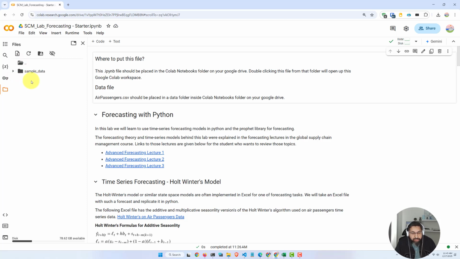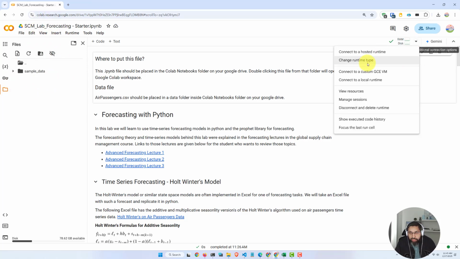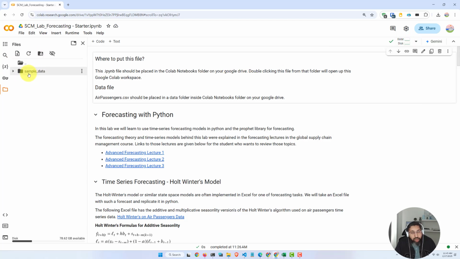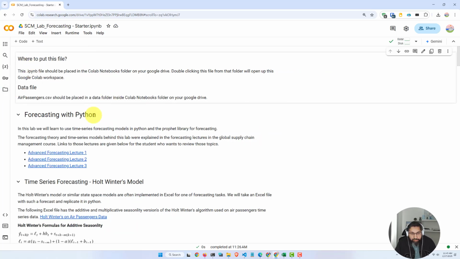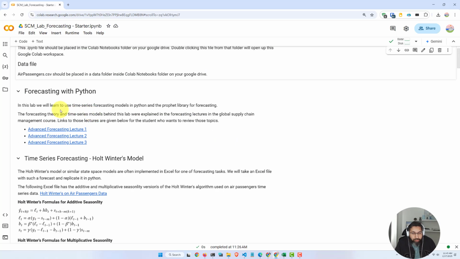But this space gets cleaned out when you close this workspace, because it's running on a virtual machine and the virtual machine gets closed down. And so it's better to just put the data file on Google Drive and then open it in this lab through Google Drive. Okay, so now that you're set up, we're going to start by applying several different forecasting methods